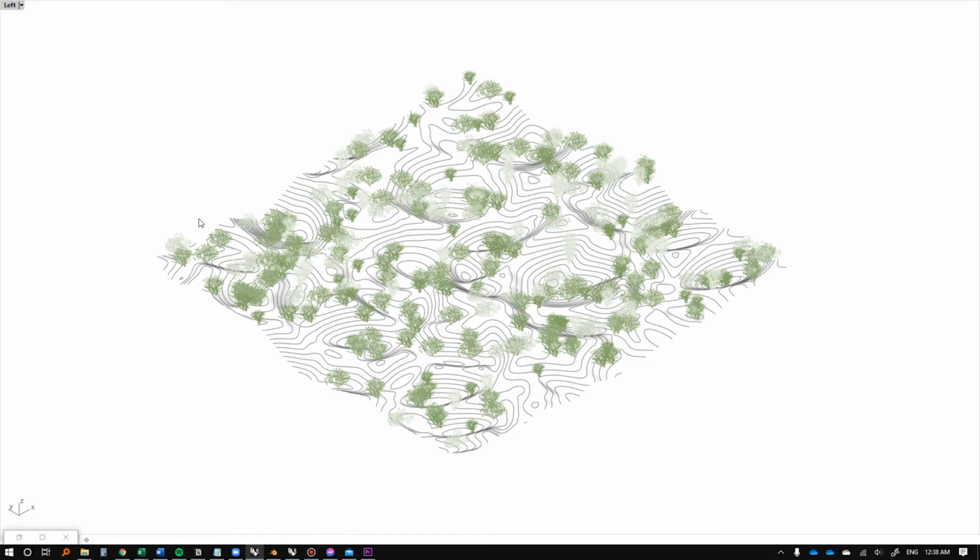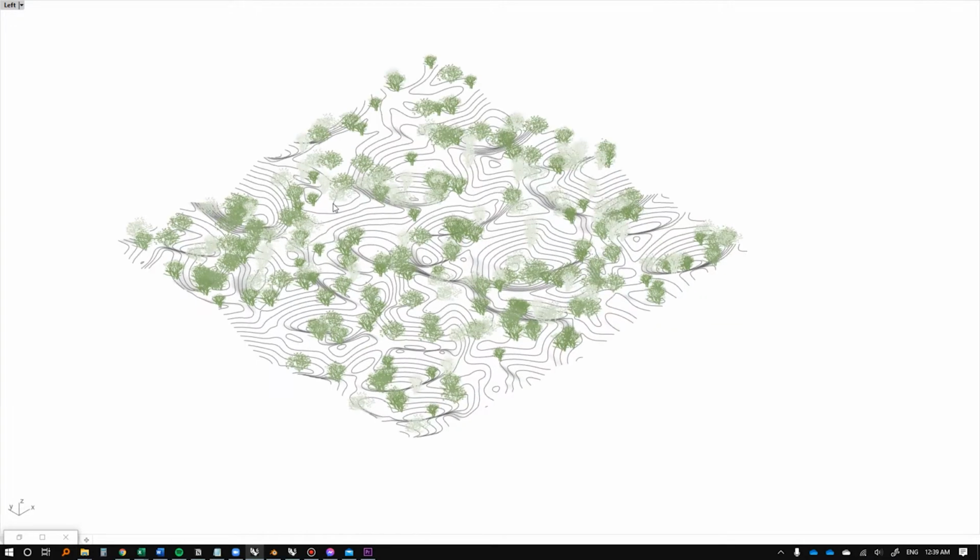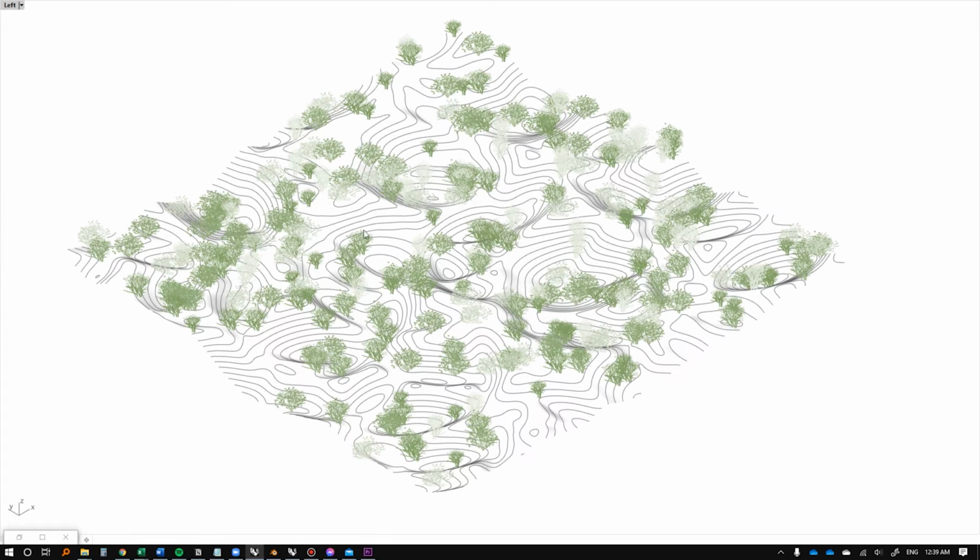Hey everyone, so today we're going to look at how we can create and distribute plants or any sort of block instance using Blender and using Rhino. While this might appear to have taken a lot of manual work traditionally to plant all these vector trees on a landscape in Rhino, and manually placing them is typically difficult, I'm going to show you a strategy